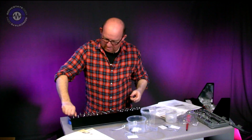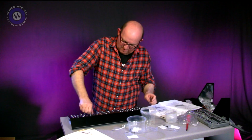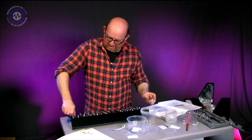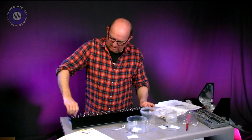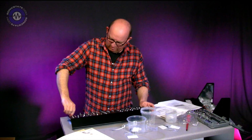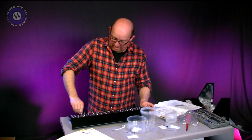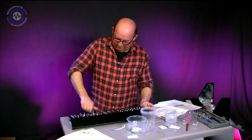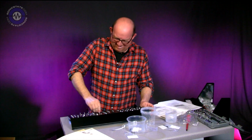Got to do is tighten them up. This is going to be very solid. I mean, these ain't going to be going anywhere, that's for sure. Double bolted. Oh, you have no idea how good that is. I feel like a real sense of achievement there, because that is probably one of the most tedious, repetitive jobs I've done for a long time. But it's all going to be worth it, because at the end of it, I'm going to have a beautiful, full-size scale working MS20. At least I certainly hope so, because if it doesn't work...